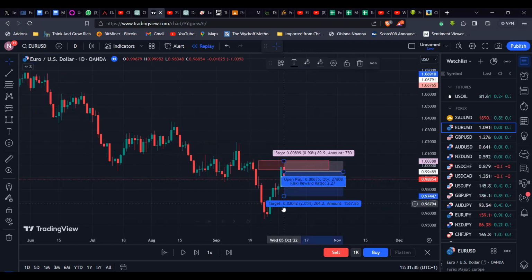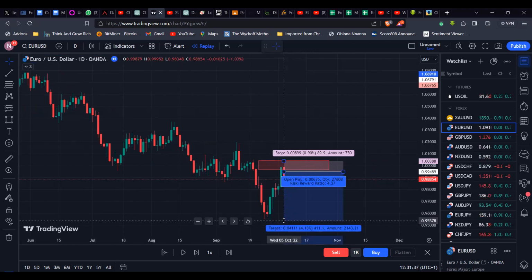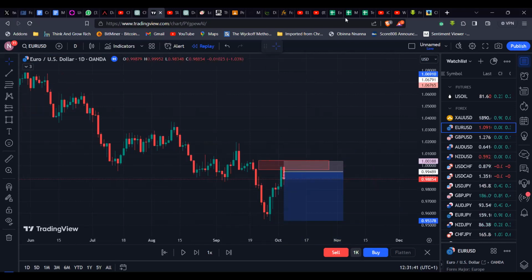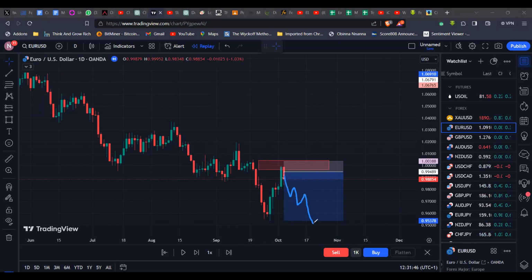Now, obviously, your overall target is down here, but you definitely want to manage your trade, because you know that price does not always move in a straight line, right? So we could have this, which is what was expected, but we could also have this, or we could have this, where price doesn't even respect it at all. However, the important thing is we confirm that area.